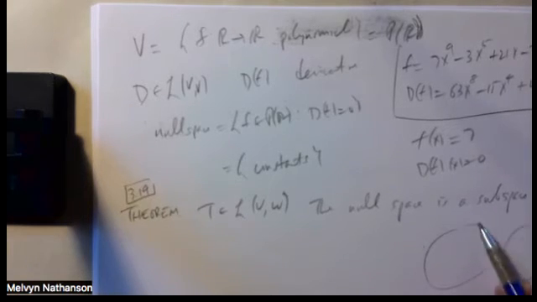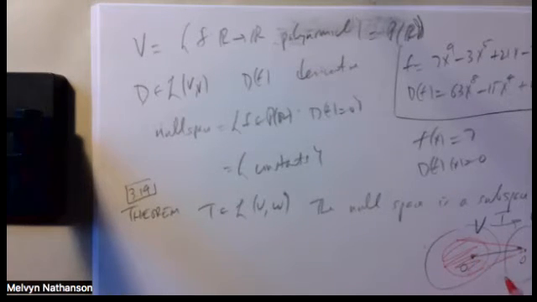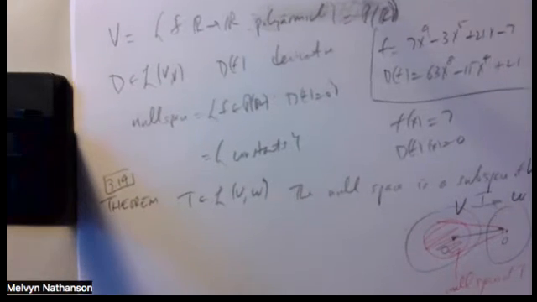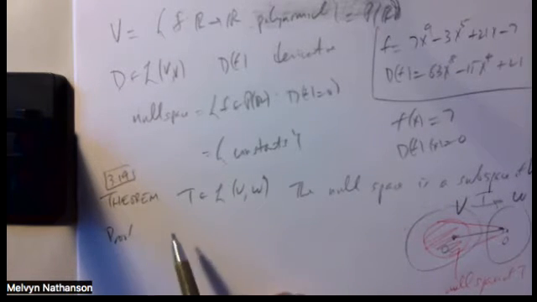So again, we have V and W, and the map T from V to W, a linear map. The 0 vector gets sent to 0, but of course, you can have a larger subspace, a larger set of vectors that get sent to 0. So this is in red, the null space of T. So all the vectors that get sent to 0. And this assertion is the null space is a subspace. So prove, first of all,